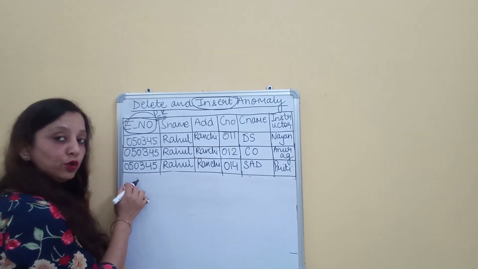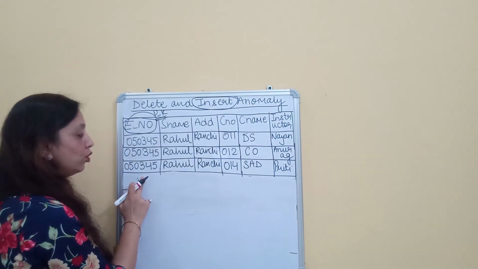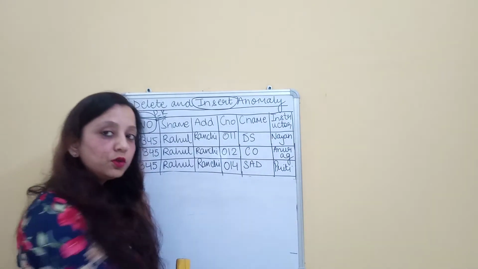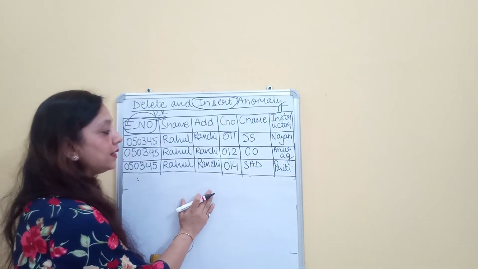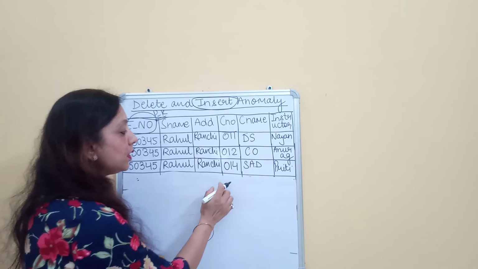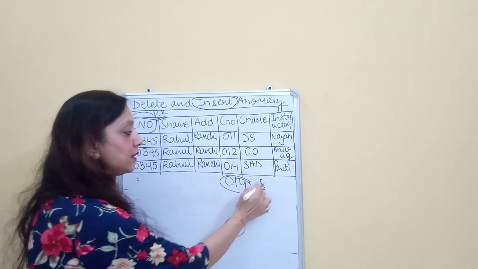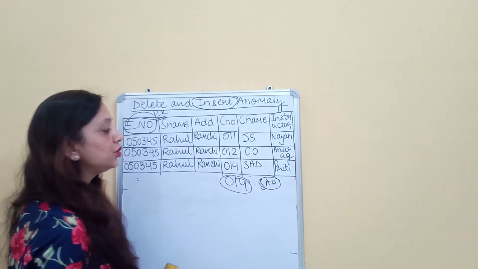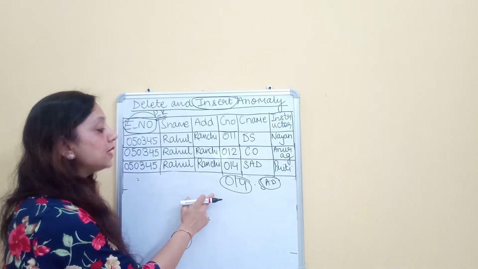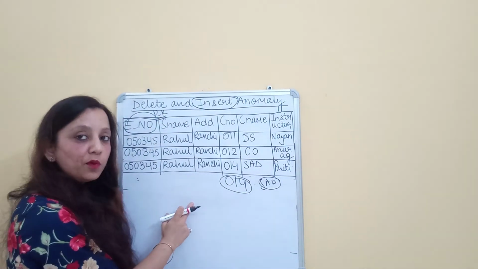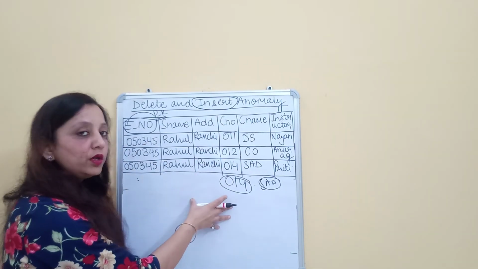Since this is one single tuple, when I delete the enrollment number, the corresponding attributes also get deleted. So in that case, I lose one important information. What information do I lose? That this particular course code and course name exists in my organization. I lose this information. So this anomaly arises because of the delete operation performed on the database. Because again, the entire information is stored in one table.